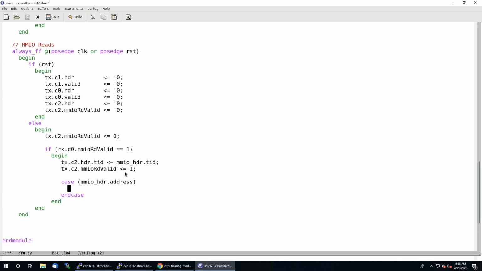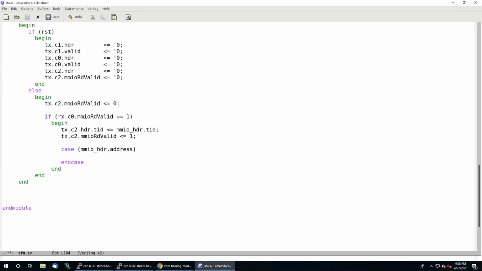and in that header, there is an address, and then we just have to go through all the different memory mapped registers that we have. And so for the one that we created, it was mapped to 0020. And so if that happens to be the address, then we want to respond providing the appropriate data on channel 2 of the transmit port. There is a data signal that is responsible for taking the data that is part of the read response. And then the data we want to put on that port is what we have in our user register. So this one line of code creates a register